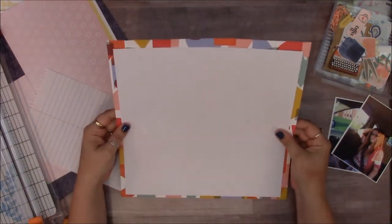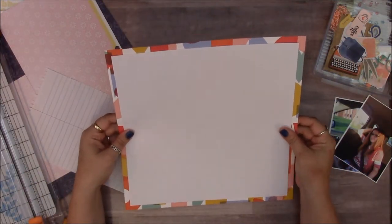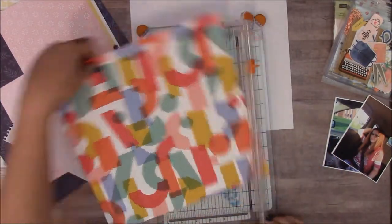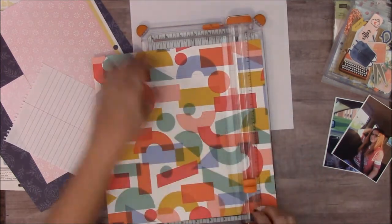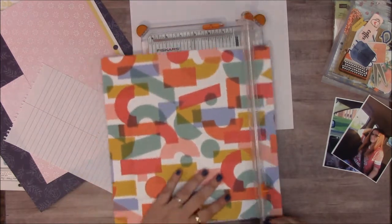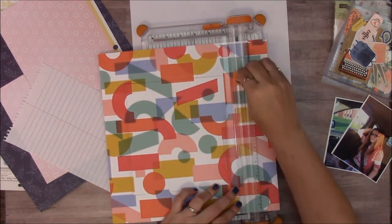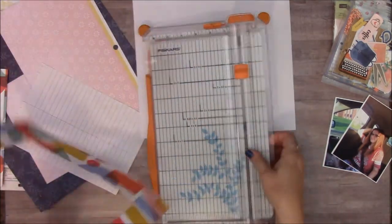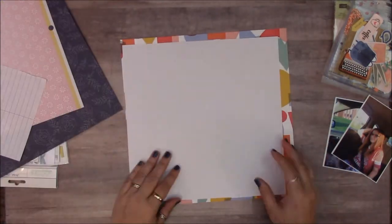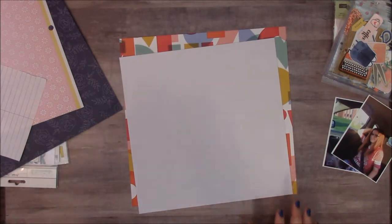It is a little bit busy though, and the patterns actually look like children's blocks to me. So I'm going to use it only as a border on my page because I really do like the colors. It's just a little busy, like I said. And I'm also going to get the middle so I can use the middle portion as one of my layers